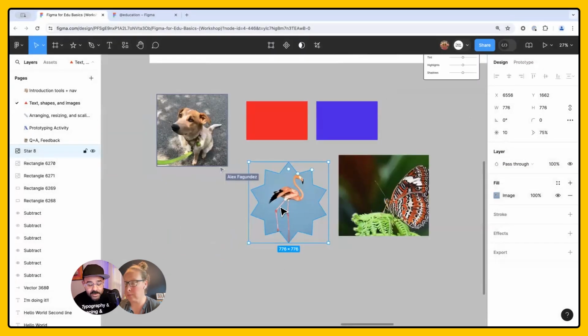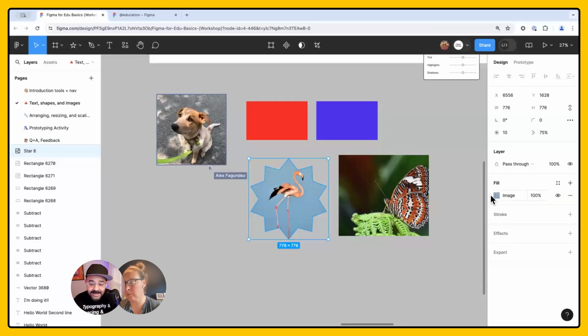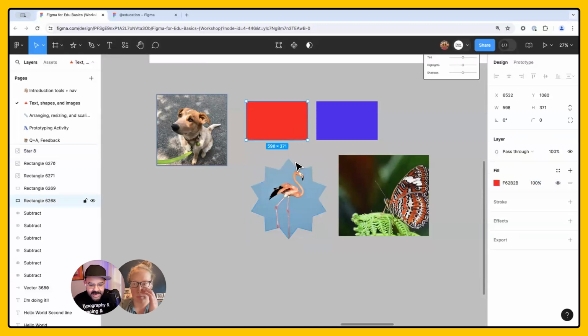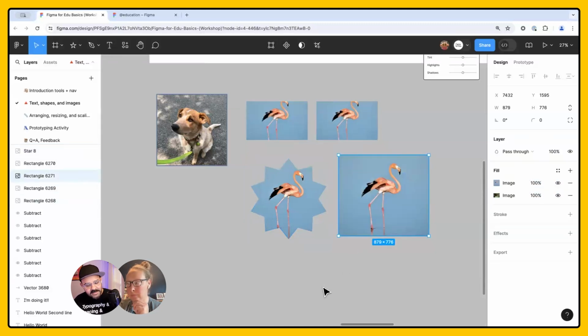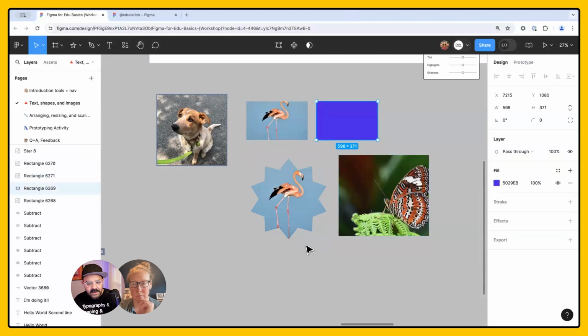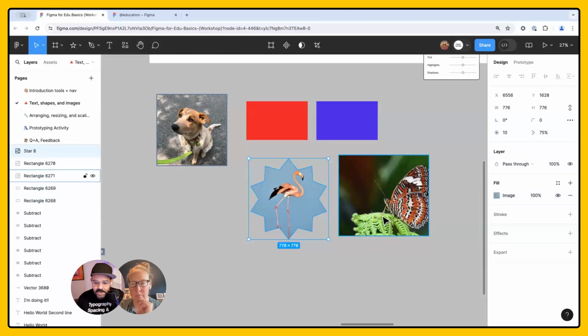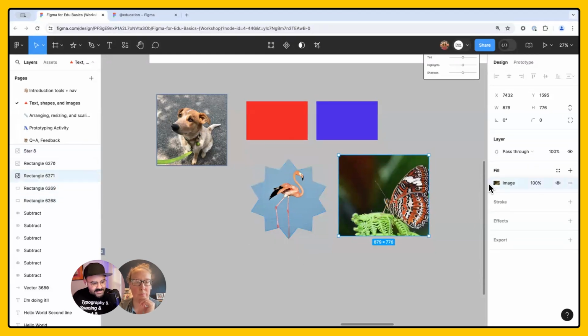If I want to as well, I can select that object. I can click just to the left of the fill. You'll see here, I click just to the left of the fill and I can copy and I can paste that to other places. And I can just paste that fill. So let me undo. I'm going to hit Command Z to undo, but you can copy a fill by clicking to the left of it and pasting it.